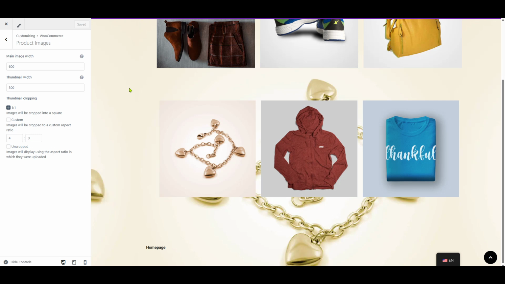I hope you found this tutorial helpful. Image sizing might seem minor, but when done right, it can have a profound impact on your site's user experience